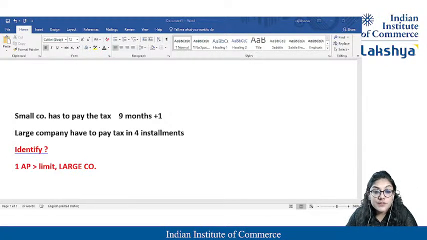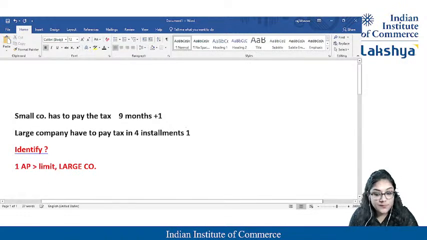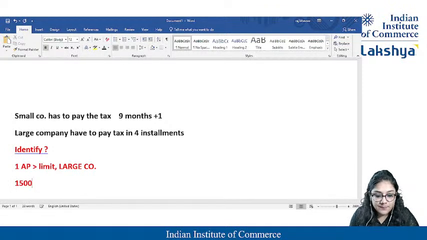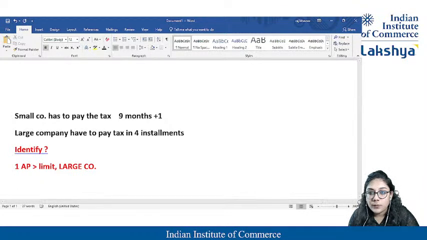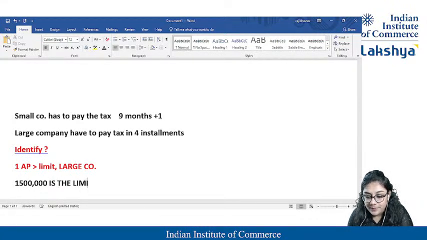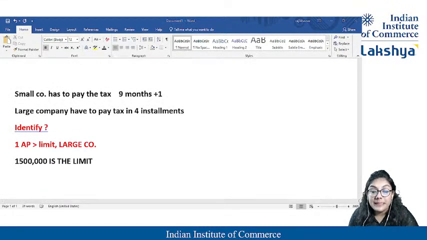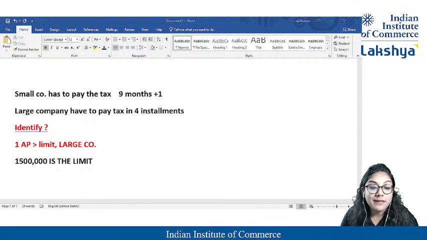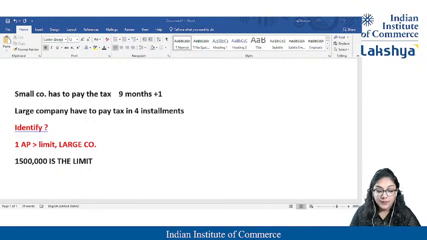If you remember, the limit was 15 lakhs. Yes. So suppose the limit was 15 lakhs. Okay, I'll just figure it out. Now I can go with the black color, which will be preferable. So 15 lakhs is the limit. And in some of the companies, if the situation happens that there is more than 51% of holding, right? You may know that.